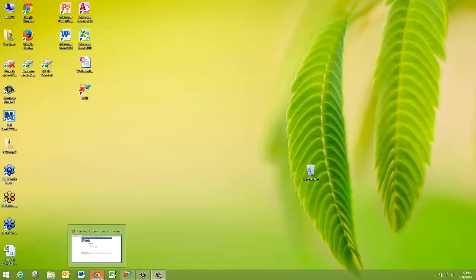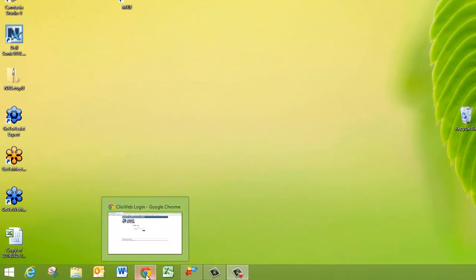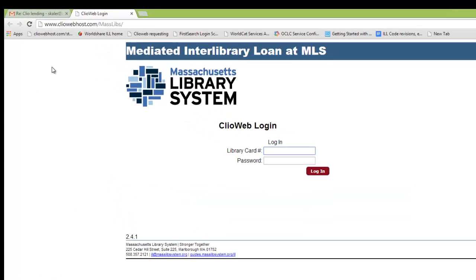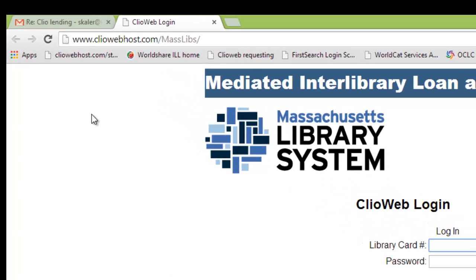Hello, this is a recording to show you how to use Clio in the cloud to make requests for mediated interlibrary loan items from the Massachusetts Library Systems Resource Sharing Team. I'm using Chrome, but you can use a variety of different browsers. What you want to do is bookmark the following website,